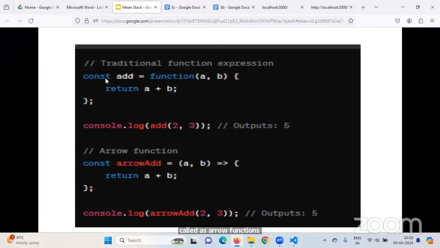So traditionally, if you look here, you have to define a variable, you have to use the keyword function, and then you have to pass the parameters and return the result. If you use the arrow function, you need not use the keyword function to define it. You can directly write the function name, the attributes, and what it has to return. So here you can see the number of lines are reduced, and the way it is written is a little bit concise. So these are called arrow functions, which are available in JavaScript. So if you look at the lab,